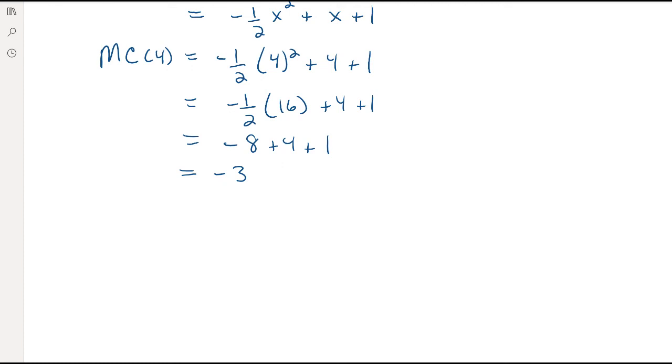So what does that mean? Let's look at it from 2 different perspectives. There are 2 different ways we can look at this. One interpretation says, when producing 4 units, okay, because that's the x value we plugged in, right? Remember, x represents the number of units you're producing or selling. When producing 4 units,